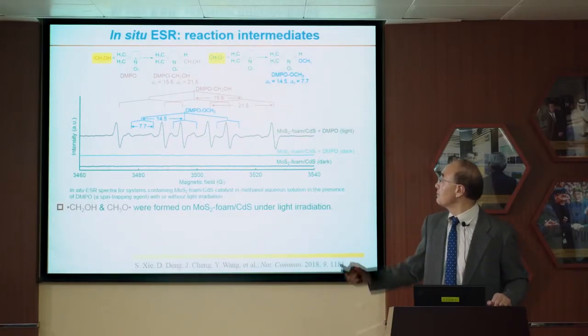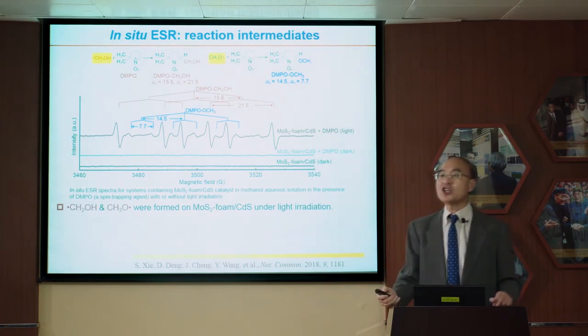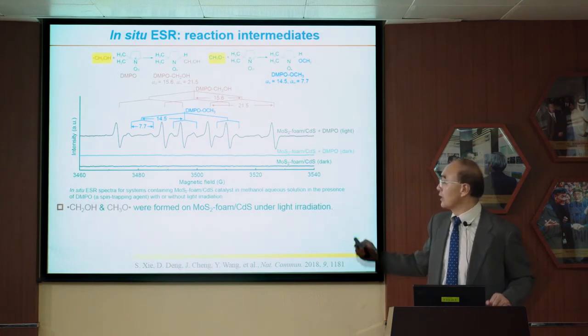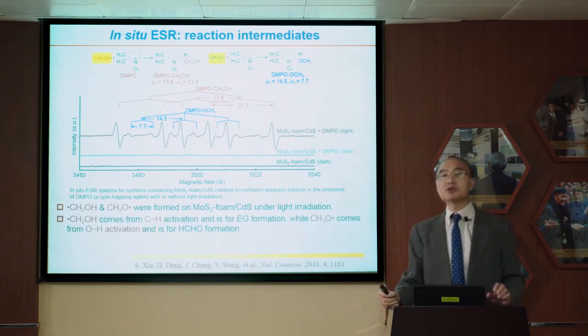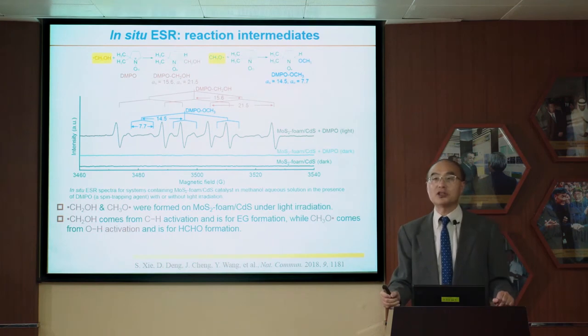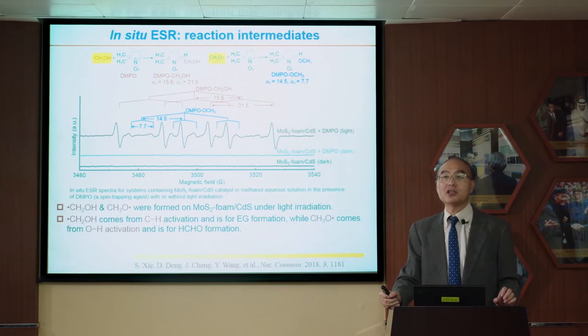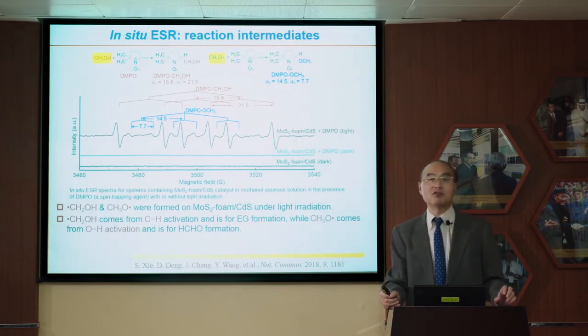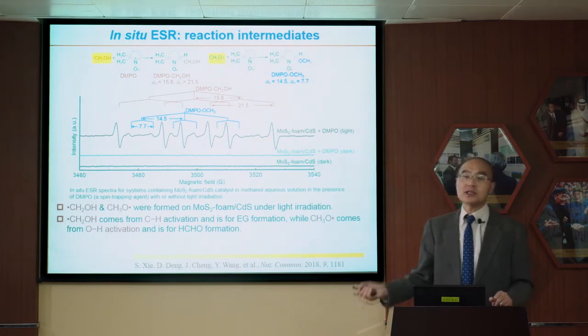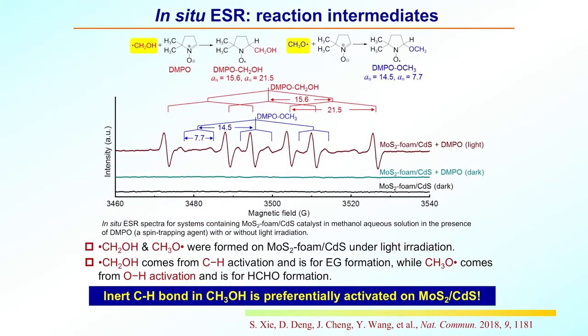the intensity of this hydroxymethyl radical was much higher than that of the methoxy radical. It is reasonable to consider that the hydroxymethyl radical comes from the CH bond activation and is for EG formation, while the methoxy radical comes from the OH activation and is for the formation of formaldehyde. Therefore, these results suggest that the inert CH bond in methanol is preferentially activated on our catalyst under the visible